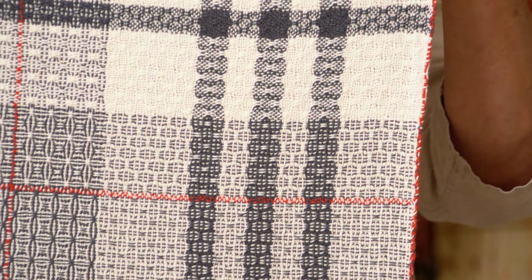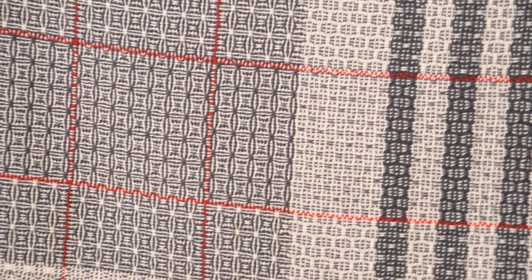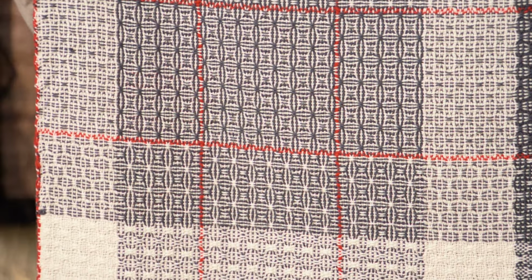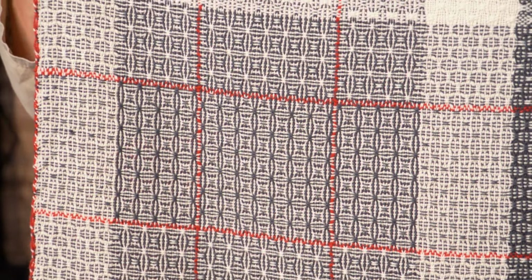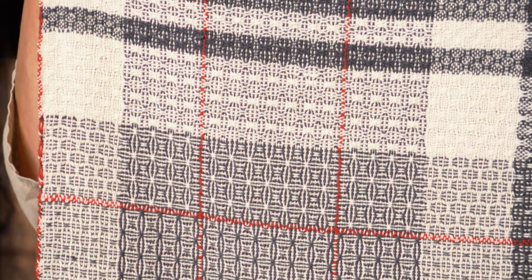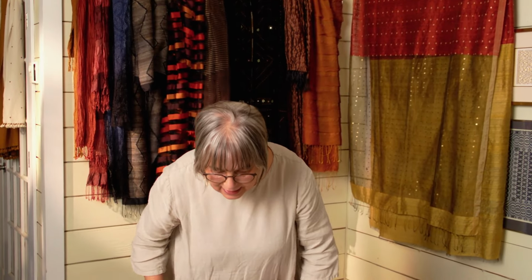And look at all those amazing patterns coming down to the center. Look at that. Oh my God, right there. Be still, my beating heart. That is just so spectacular. All right. And then this piece is